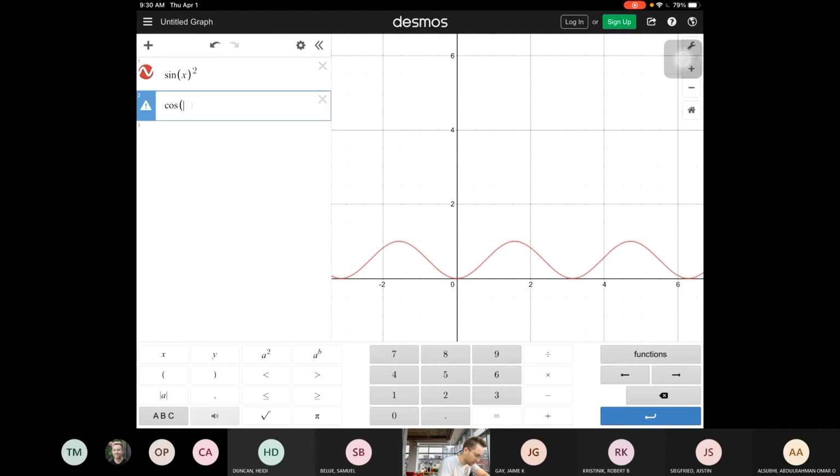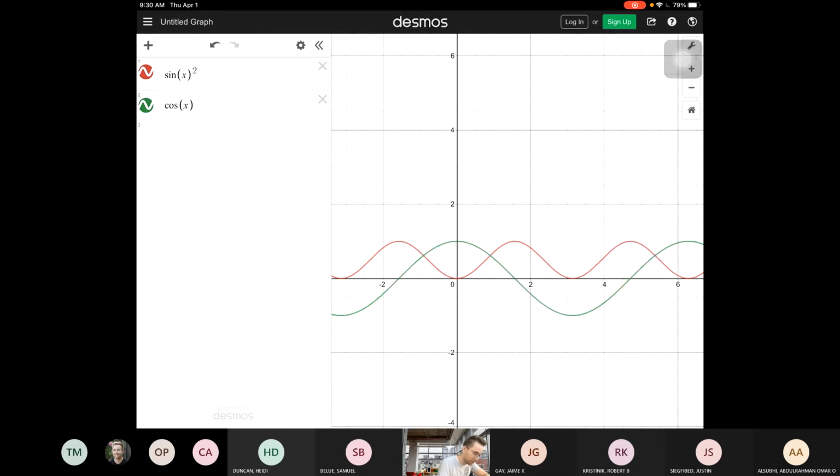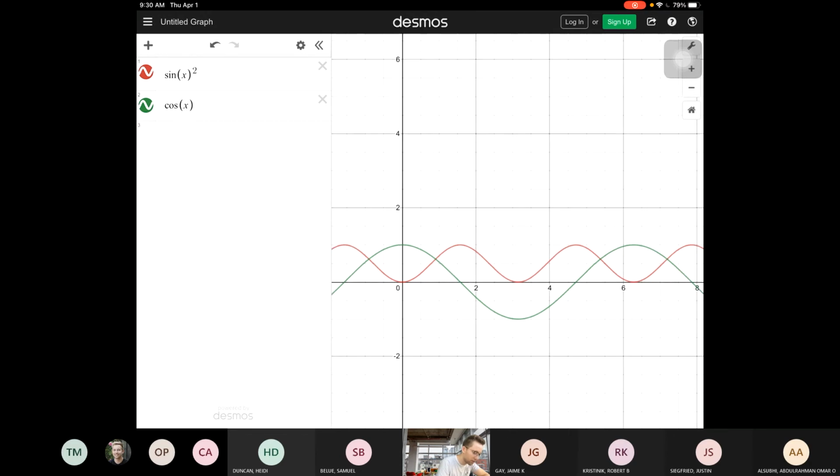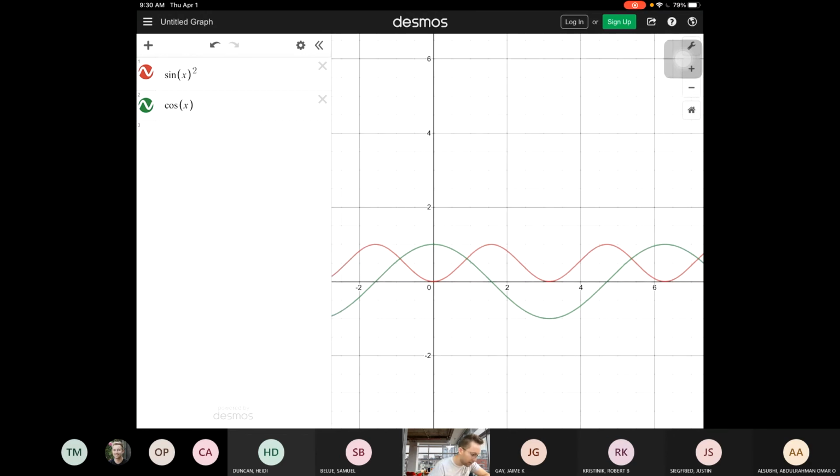Or maybe cosine x. Okay, so this is my original, this is a cosine function here in green. And sine squared of x looks like this thing, which is all kinds of wiggly and a little bit irregular. And all of the nice properties that we have derived about sine fly straight out the window